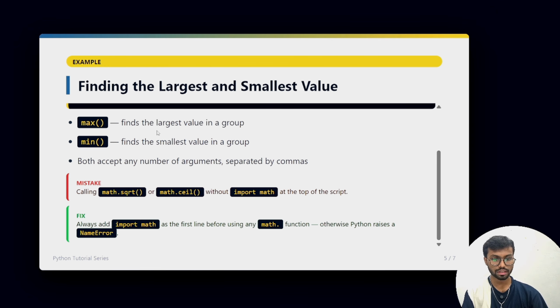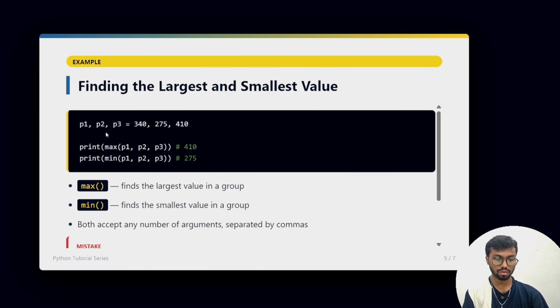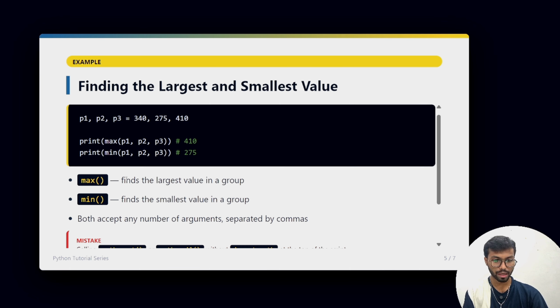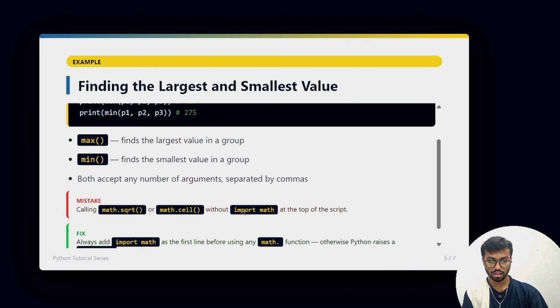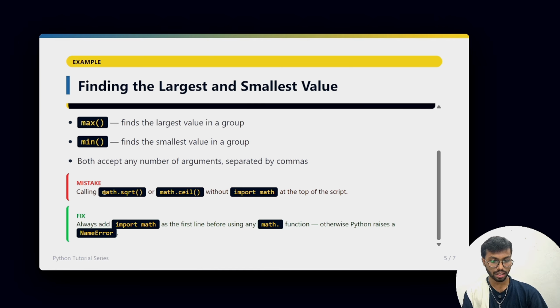So now moving on, this is finding the largest and smallest value. आप इसको कर सकते हैं max and min function के साथ। तो max function क्या करता है, largest value निकालता है group के अंदर, और minimum as suggested smallest value group के अंदर ढूंढ के देता है। और यहाँ पे कोई mistakes है जो आप कर सकते हो, आप math square root को ऐसे print कर रहे हो बिना import math किए हुए, ceil को भी ऐसे कर रहे हो, तो ये गलत है। आपको import math करना होगा at the top of the script, जहाँ से आप code start कर रहे हो उससे पहले import math आपको वहाँ पे होना चाहिए, तभी आप इन दोनों functions को use कर सकते हो।